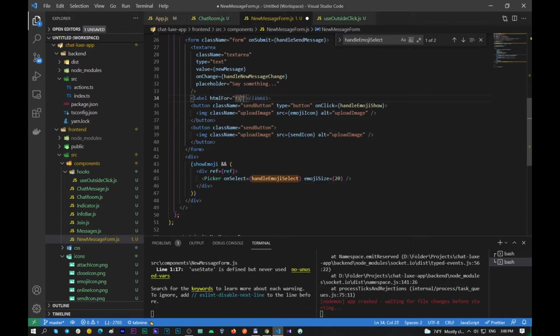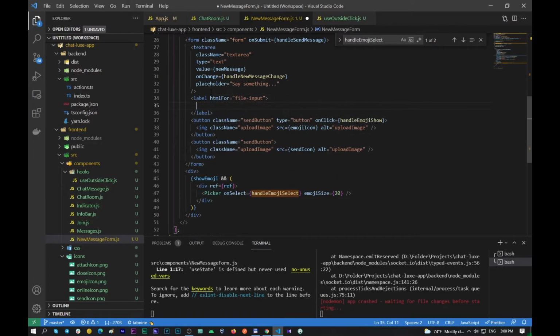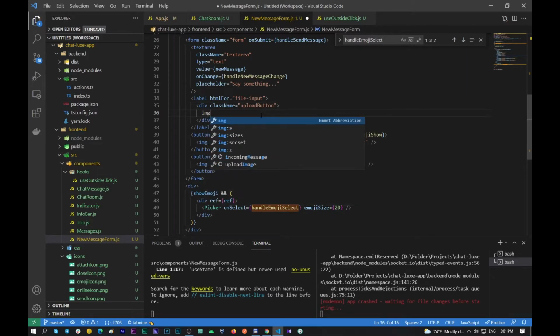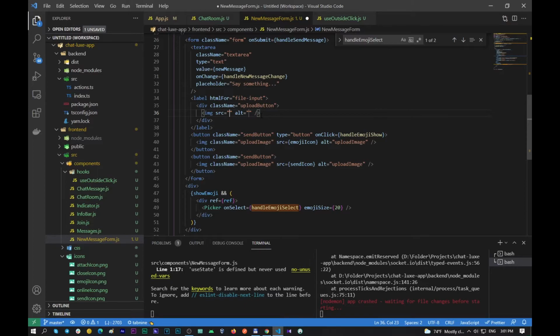HTML for file input. This is for our file input, and inside it a div with class name upload button. Well, image, class name upload image,